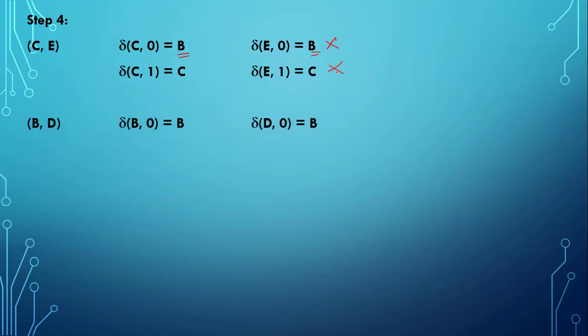We will go with another cell, that is BD. So here B, 0 is B, D, 0 is B. So, no decision taken. Next, B, 1 is D and D, 1 is E. Now, we will have to go and check whether the ED cell is marked or not. Since we can clearly see here, E was our final state and D is not, we know that this is going to be a marked cell. So, we can mark BD as 2 after going back to the previous slide. I will redraw that table here and we will see the output here itself.